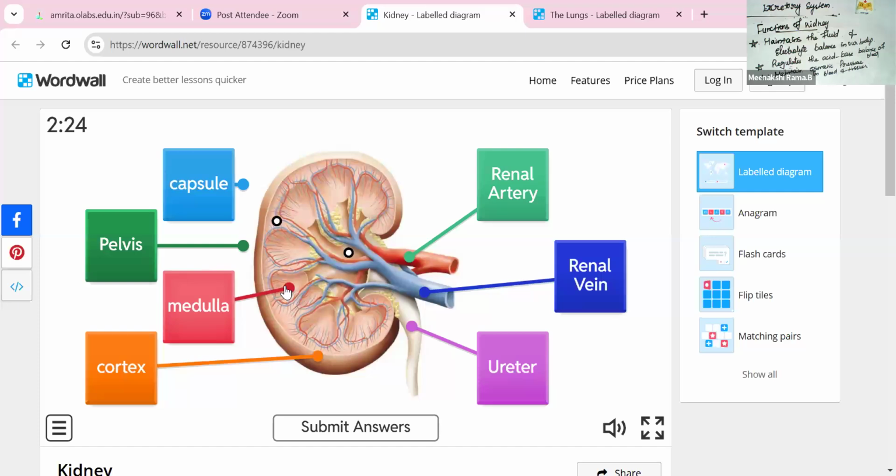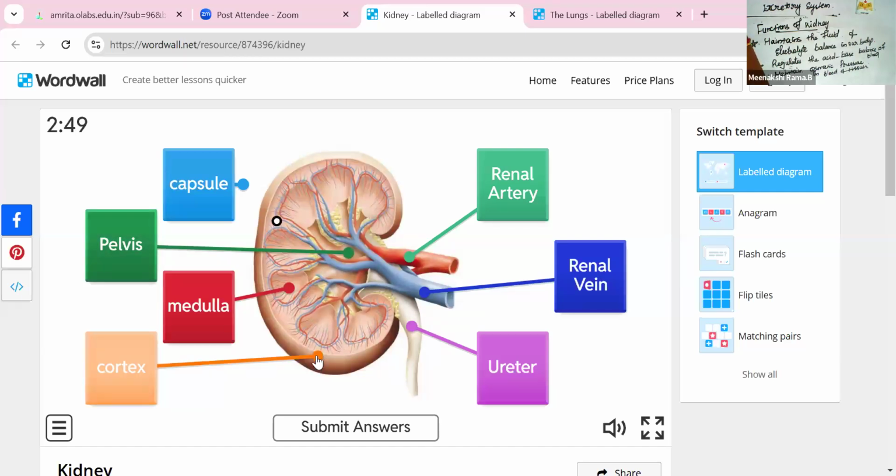And next one is pelvis part. Which is the pelvis part? The center part of the kidney. Yes, this is pelvis part. Yes, only one part is pending, that is capsule. Where is the capsule part? Capsule part. And then cortex part. Yes, the